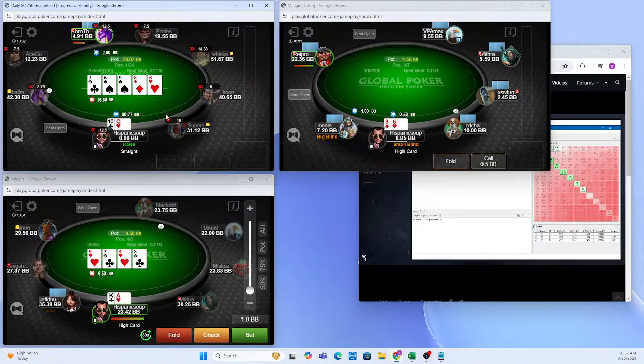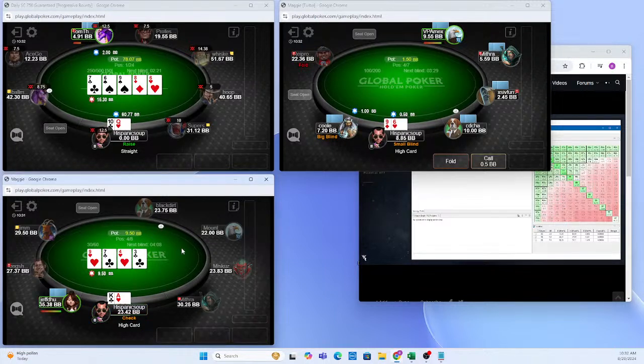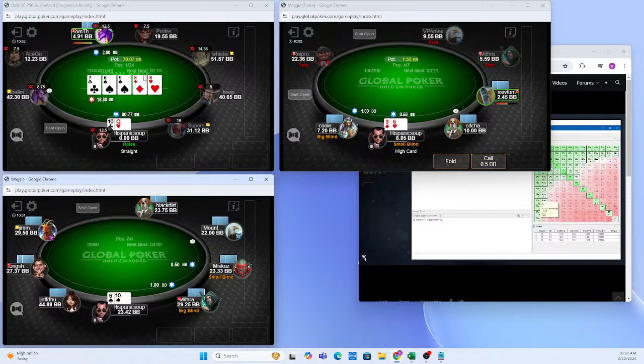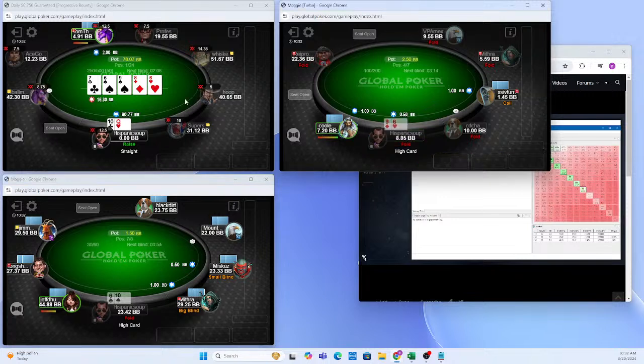You can see down here at the bottom. And okay, so now the button is jamming 41.5%, which does make sense. They are on the button, and they're going to be in the blinds next hand for half their stack and just going to have to call off any 2 cards. So it makes sense that they've expanded the range fairly considerably, by about 20% plus, to be able to jam something like this. And then we note that the big blind now is only calling 8-8 and ace king suited,